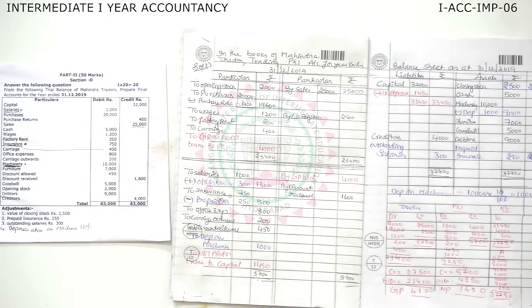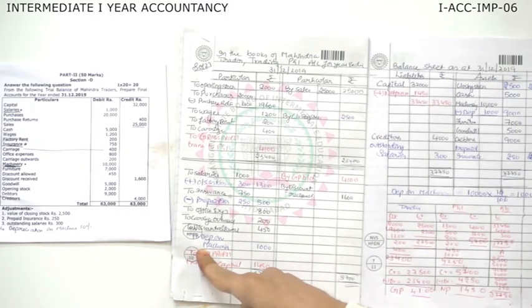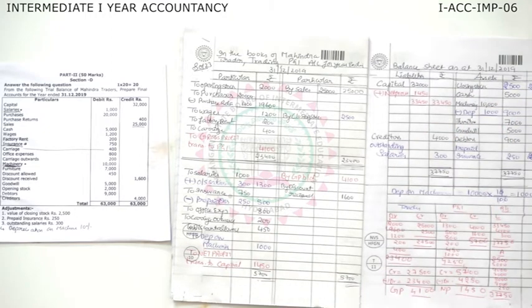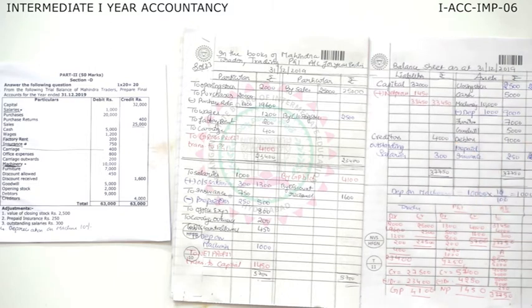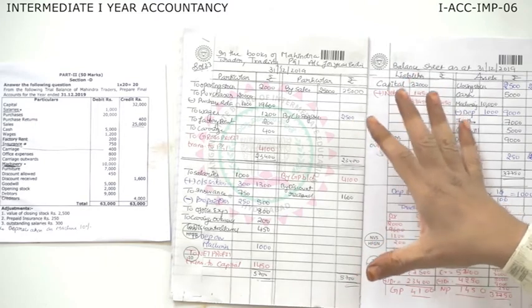And one more adjustment they can ask you. And what is that? Bad debts. If they say bad debts, first effect, dear students, you should show bad debts on the debit side of profit and loss account. And second, you should subtract from debtors. These are the 5 adjustments which are given by the board this year. Only 5 adjustments. Again, in a nutshell, I'll try to revise the structure with you.